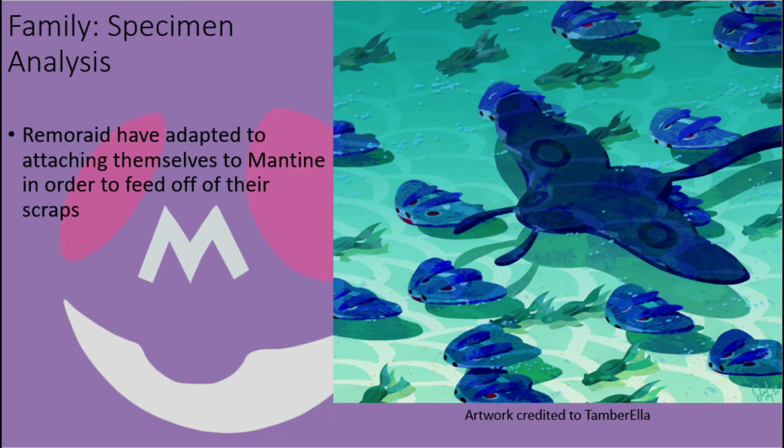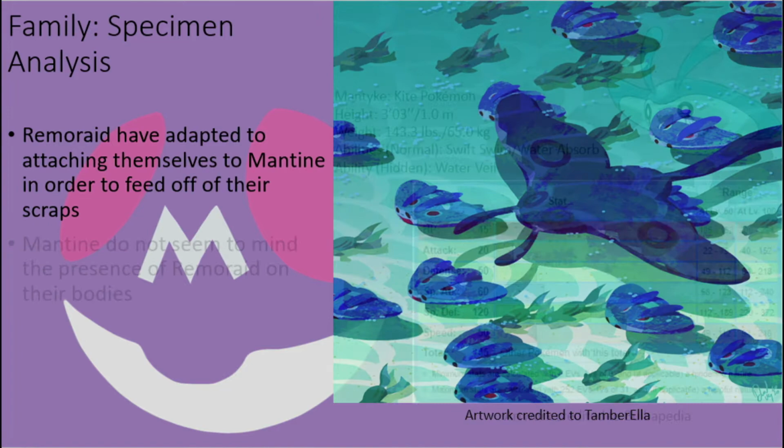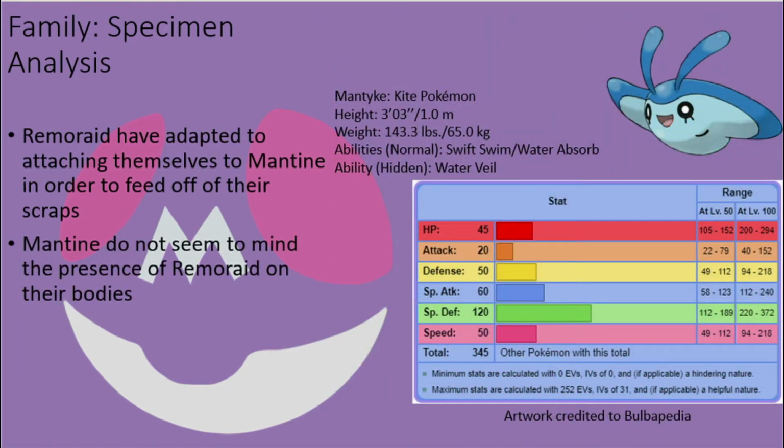In turn, Remoraid have grown accustomed to using their small horn-like suction pads as a way of latching onto the soft flesh of Mantine wings, holding on with little difficulty and devouring any scraps that pass their way. Mantine are generally quite friendly towards people and Pokemon alike, and are strong enough to support several Remoraid without slowing down noticeably, and really have no use for their leftover scraps. As such, they don't mind having the small fish attached to them at all, despite the fact that they provide